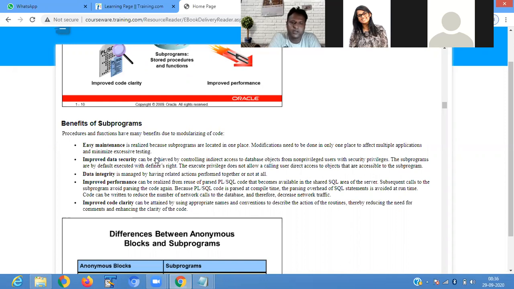Improved data security. It can be achieved by controlling the indirect access to the database objects, granting non-privileged users security privileges. So if the person does not have any kind of privileges, they cannot access the function.